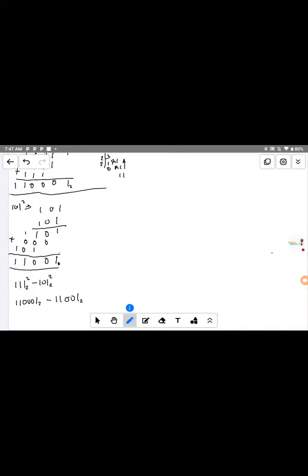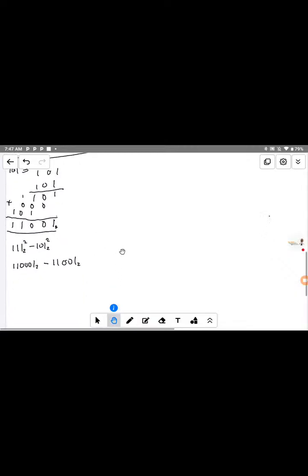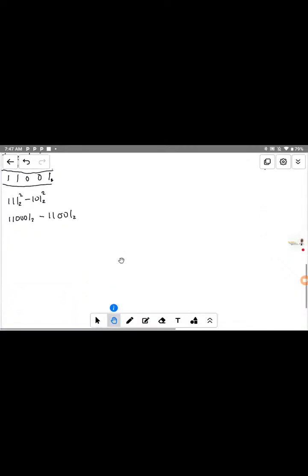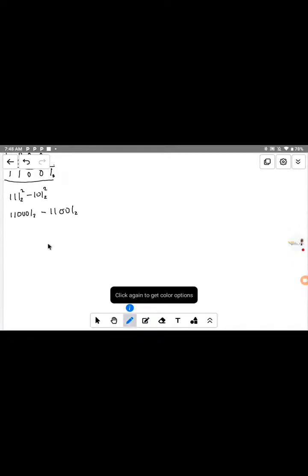Okay, let's go. Let's subtract this from this. Let's subtract what we have here. Let me do it here. I think I still have a space down here. So first of all, if you look at this one, this number is bigger than this one. We are subtracting this from this, so that means we write this one first. You have